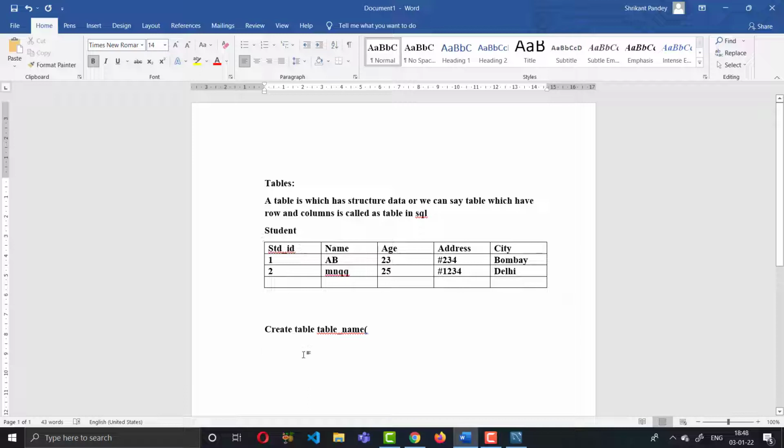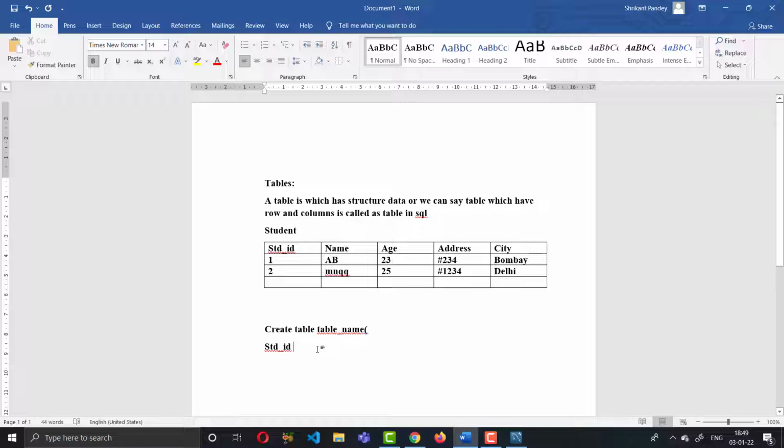Suppose I want to create student id. If you have studied C, C++ or Java, you know about data types, like string, float, integer. In the same way in SQL we also use data types. You should select what kind of data type.